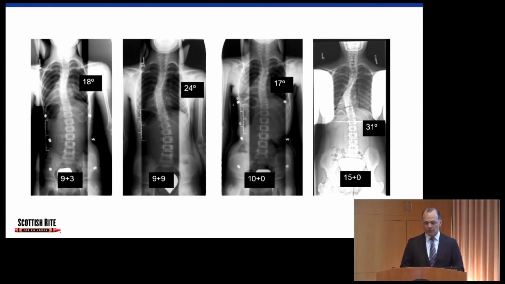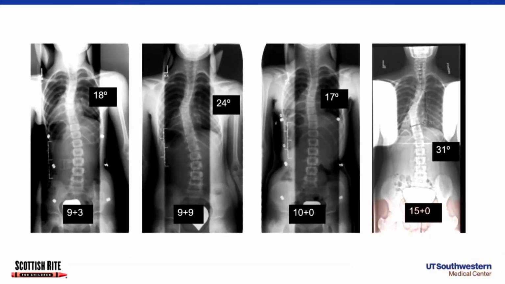So for this young girl, she was braced and she had some casting, but because she was a little bit older and the curve was bigger, our goal wasn't necessarily to grow her spine perfectly straight, because that would be very difficult, although we certainly try. But she was casted and braced intermittently for several years. And here she is at 15 years of age with a small curve, actually smaller than where she started,